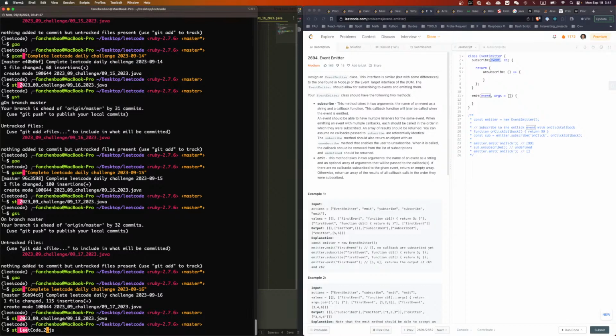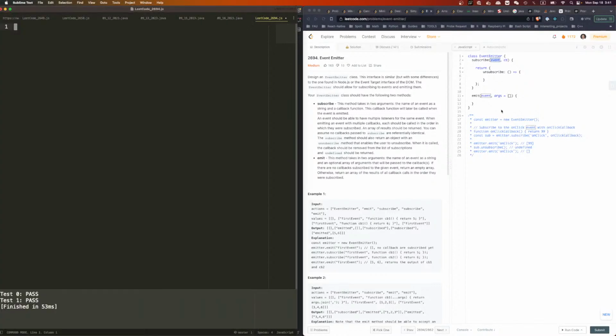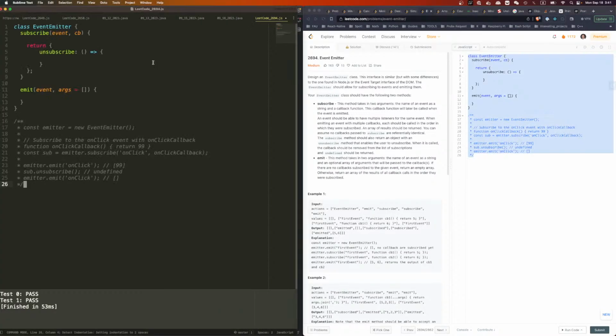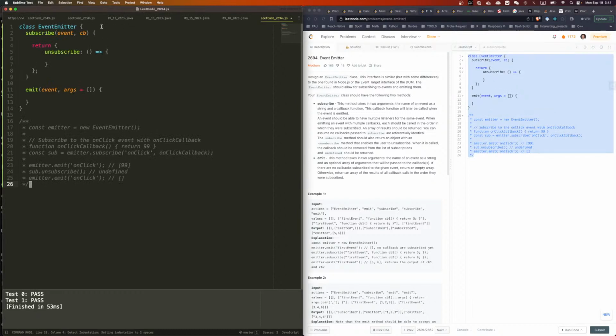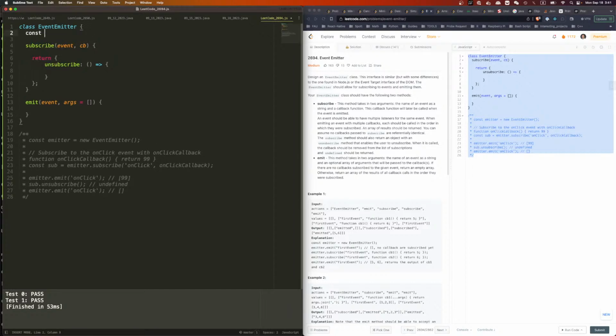So what I think we can do, well, we need a data structure to store this, right? We're subscribing to some stuff. So we can call it const map. Okay, it's a mapping. Because this map will be inside the scope, right? So we can say map